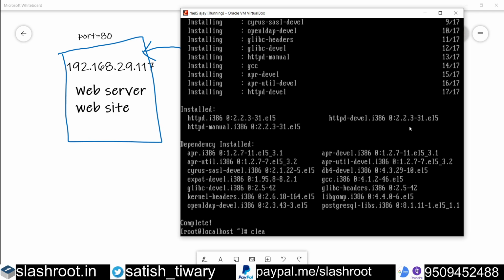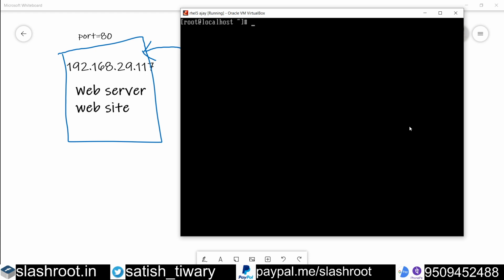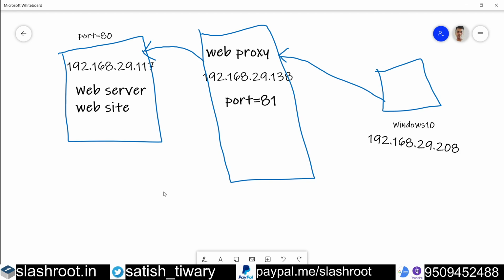Now as we know, the website content is inside which folder? The directory for the web server website is /var/www/html. Inside this directory we are going to create a file, and the name of the file will be index.html.